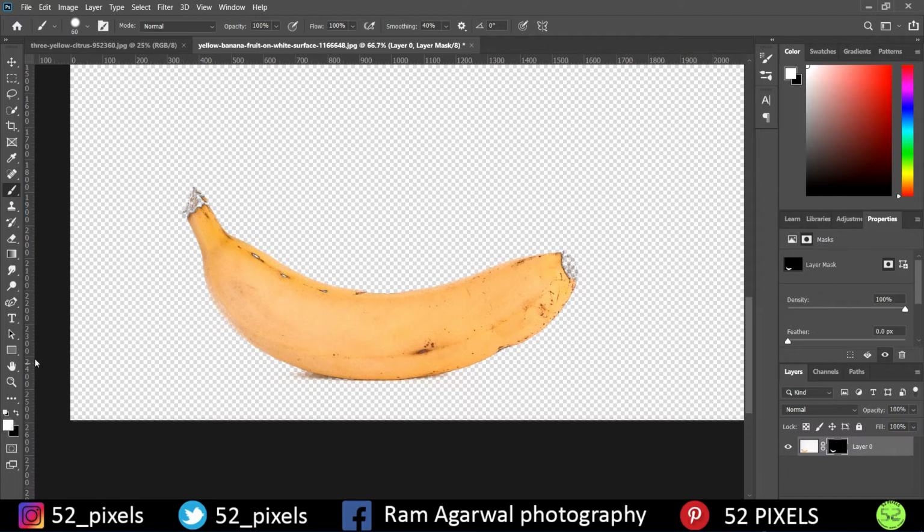I've started using my brush tool on the layer mask with the color as white, because white color adds and black color subtracts from the selection. Keeping that in mind and increasing the brush size a little bit, around 150, I'm going to start coloring my main object.